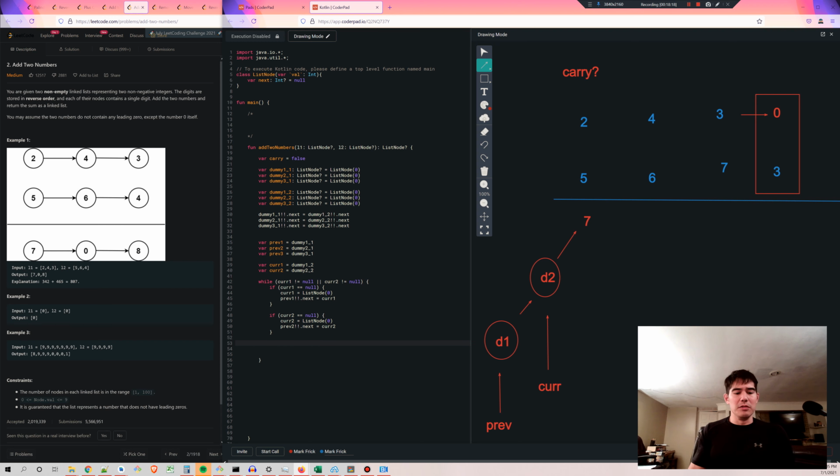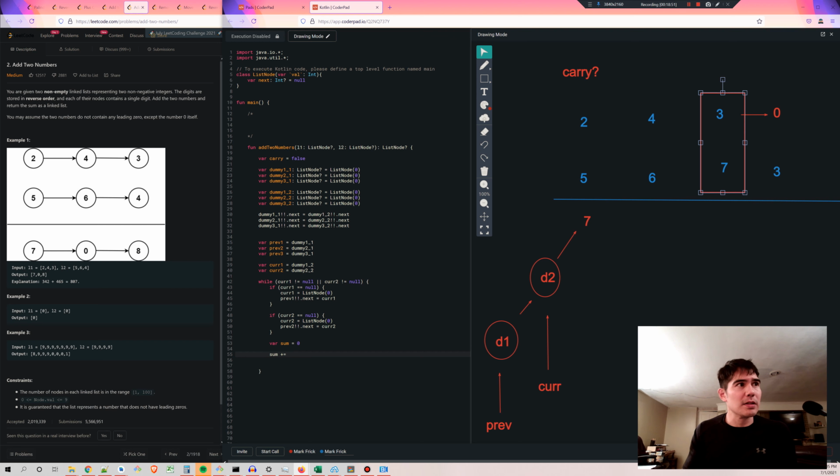Now we'll do variable sum equals 0, which is going to temporarily hold the sum of the two numbers which we're adding. So if we're adding, say, 3 and 7 here, we're going to do